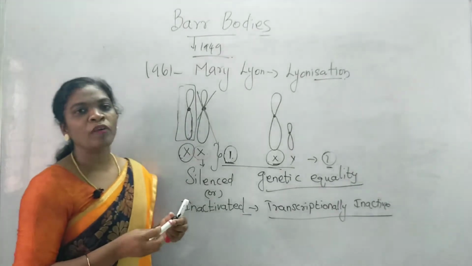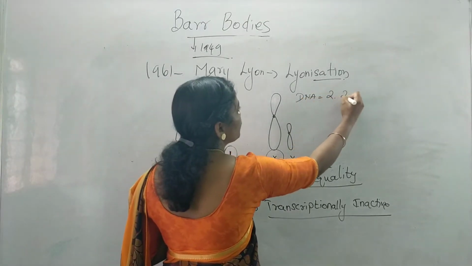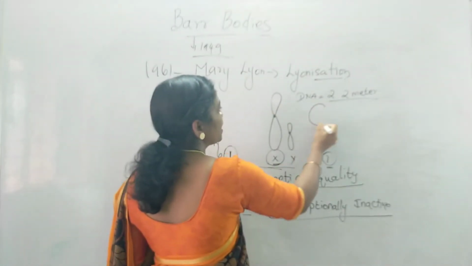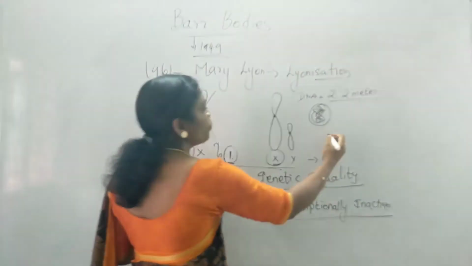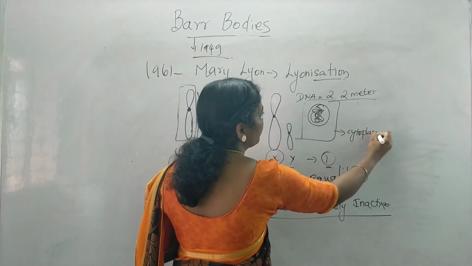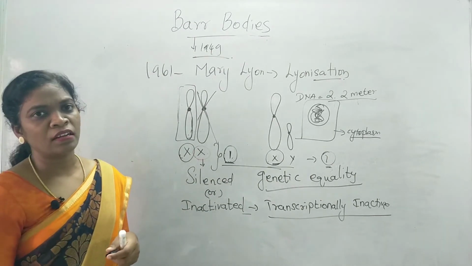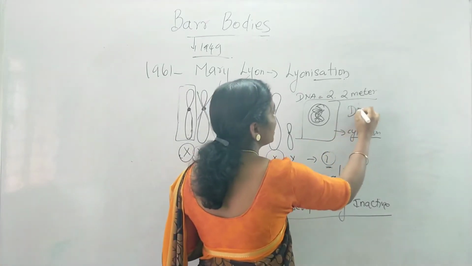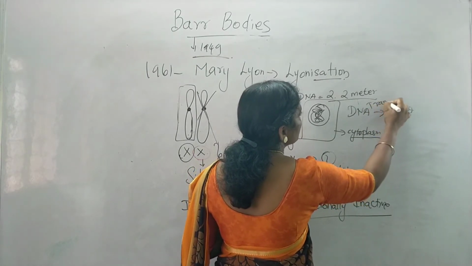In most higher organisms, you can find DNA. The length of DNA is around 2.2 meters. This 2.2-meter-long DNA is packed inside the nucleus. It is a compact structure packed inside the nucleus to produce protein. For example, imagine this is the cytoplasm. To produce protein, or to give information to start or stop the process of protein synthesis, the DNA should give a signal. DNA cannot come out of the nucleus. Instead, it gives a message. The DNA will give a message to the mRNA. This is known as transcription.